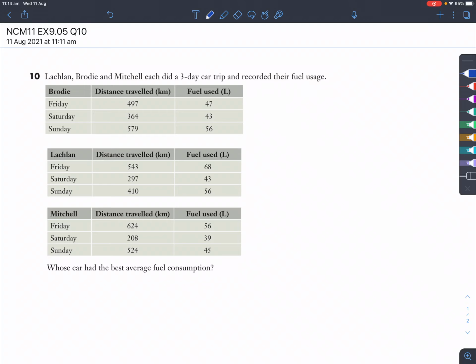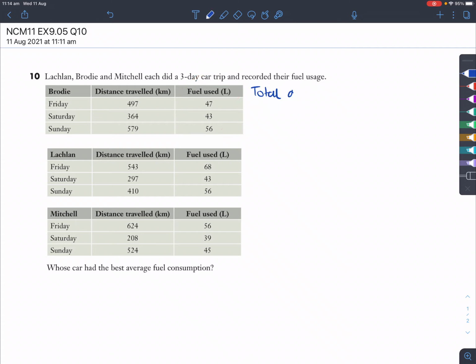To best do this question from exercise 905, question 10 on fuel consumption, what you've got to do for each of these people who are having a 3-day trip and recording their fuel usage is calculate, first of all, the total distance traveled and the total fuel used. So the total distance here